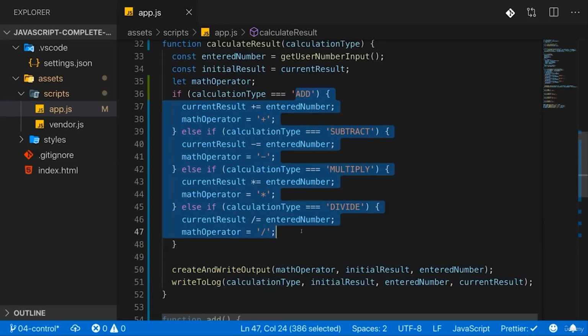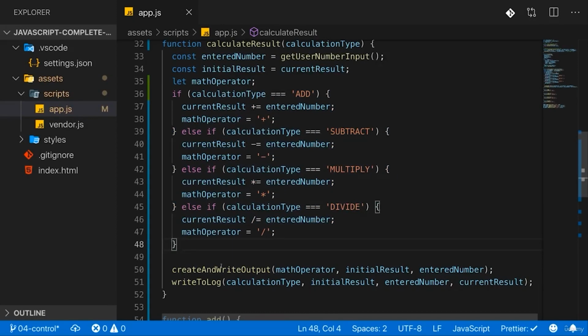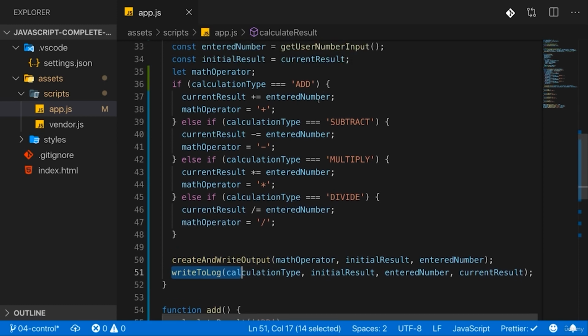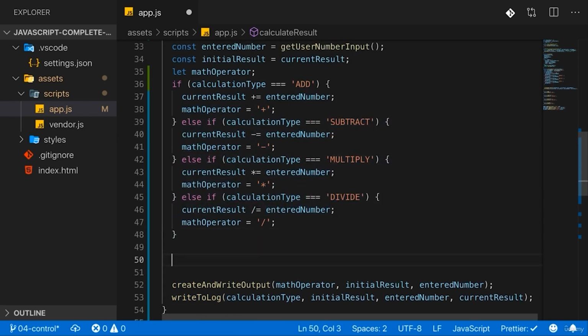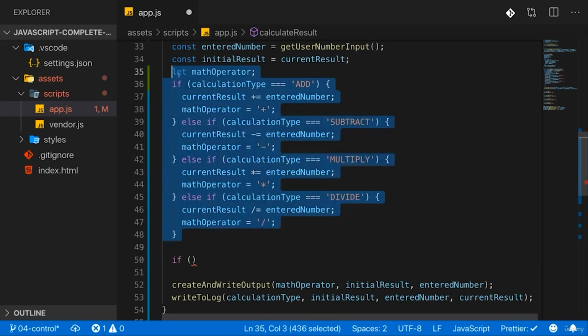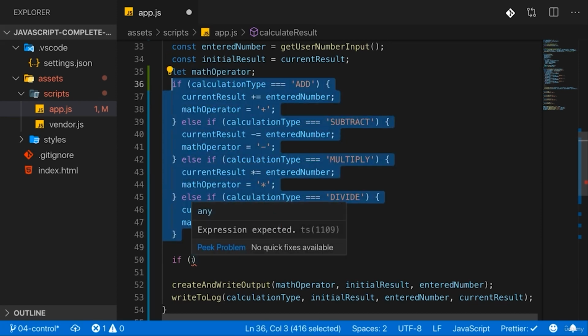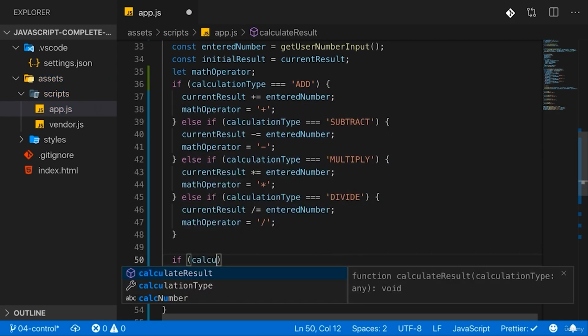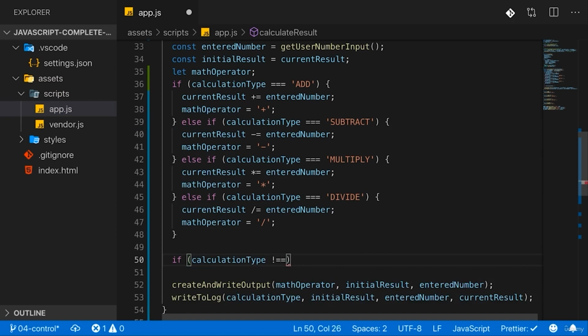Now, maybe we don't want to change the logic how we handle that here, but we want to make sure that we don't try to create an output or write to a log if we meet none of these values. So then we could add another if statement here, which executes totally standalone, detached from the other if statements, so they don't work together magically or anything like that. But here we could check if calculation type is not equal to add, and now the double ampersand operator, calculation type also is not equal to subtract,